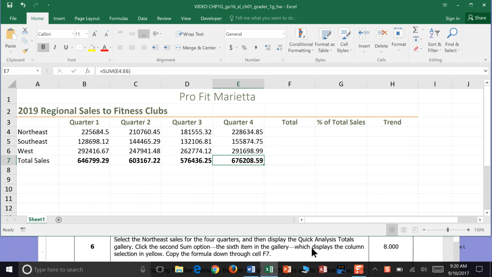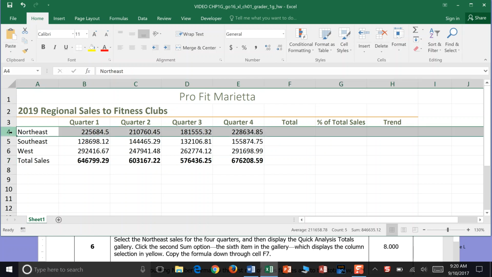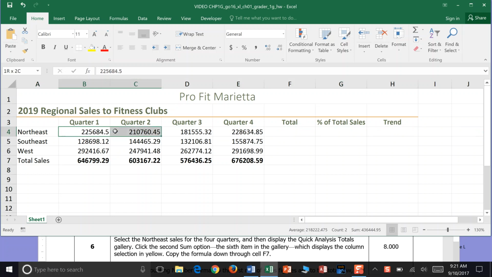Step 6. Select the northeast, so here's our northeast data for all 4 quarters, and then display the Quick Analyst Totals Gallery. Click the second sum option, the sixth in the gallery, which displays the column selection in yellow. Okay, so we're going to highlight cells B4, hold our mouse down to cell E4, and then we have the